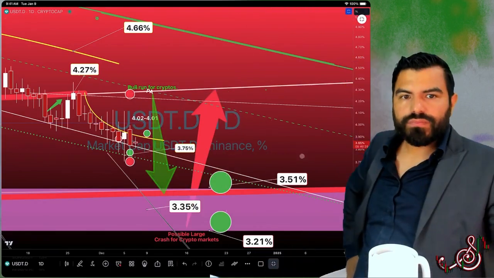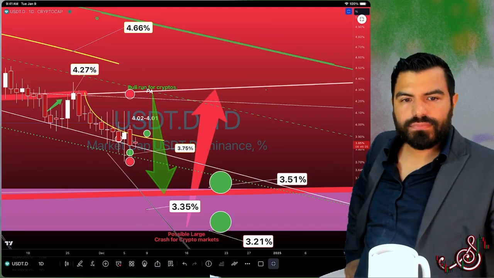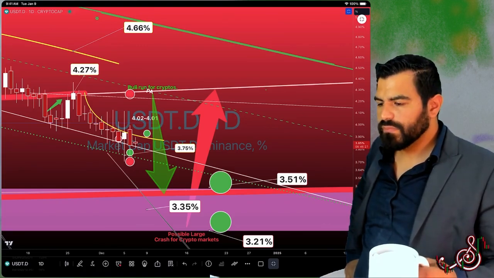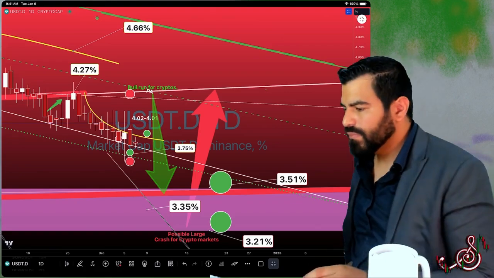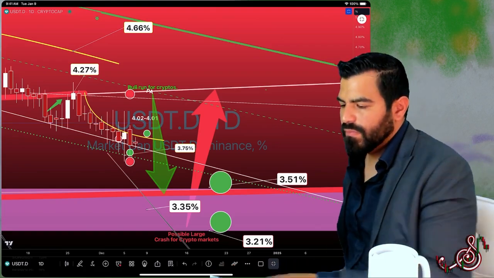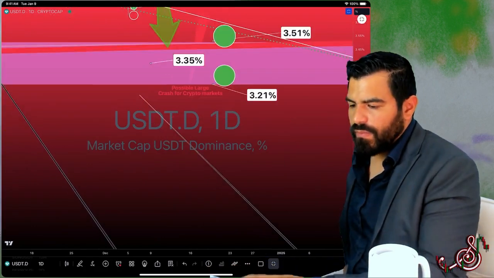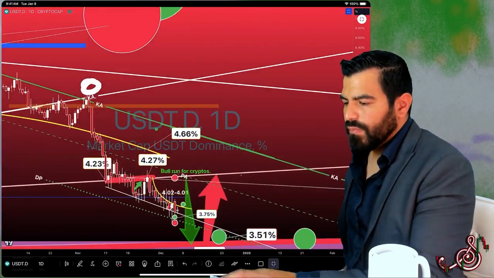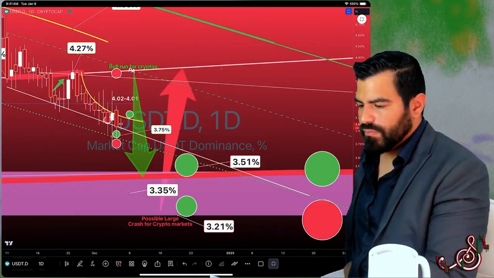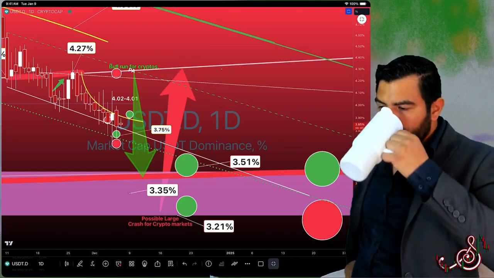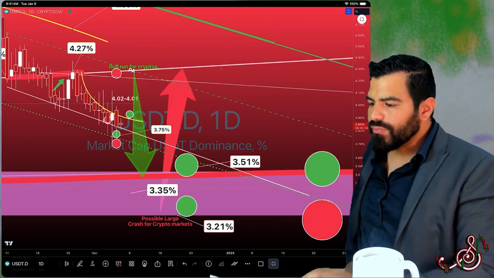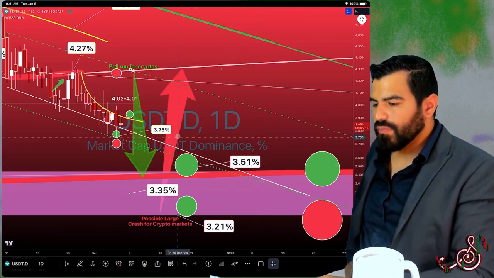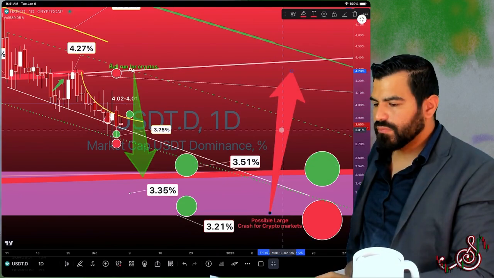Cupcake. Yes, Jason. Many of us are looking to take profits on our alts, not necessarily BTC. When the percentage goes down, I believe it was 50 to 53%, looking at the dominance chart, I'm wondering, looking at your chart, what you think about the place to take profits on alts when that dominance percentage hits your 3.35 or 3.51. Do we take it at the same time as BTC, or should we wait longer until looking at that dominance chart? What do you think?